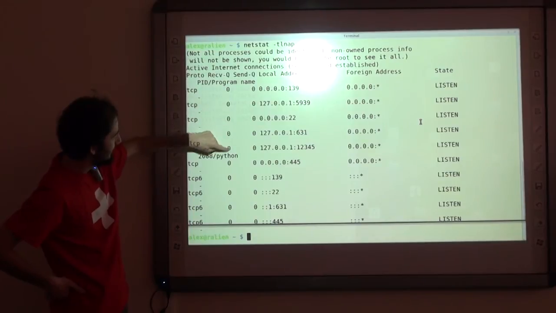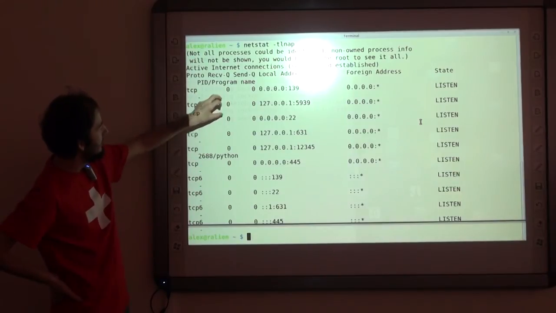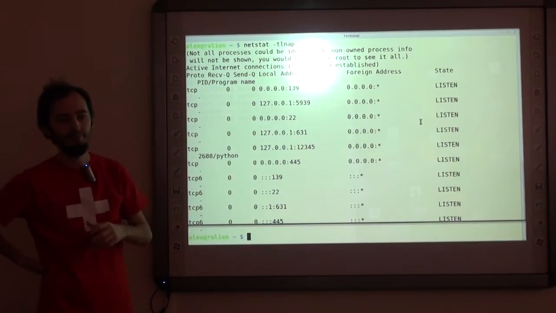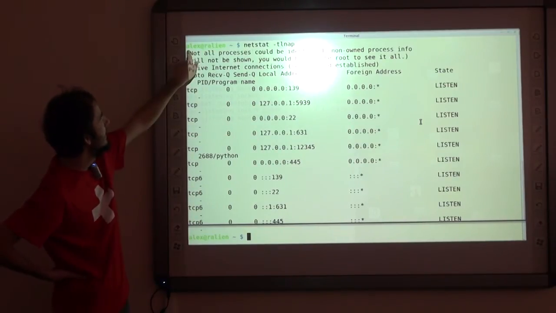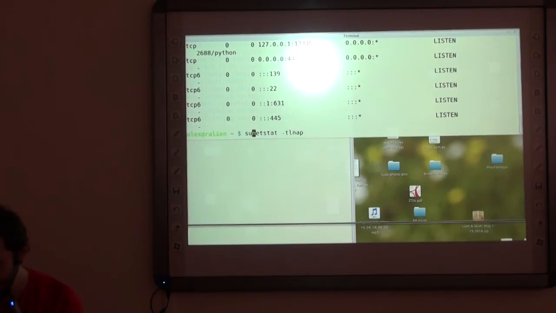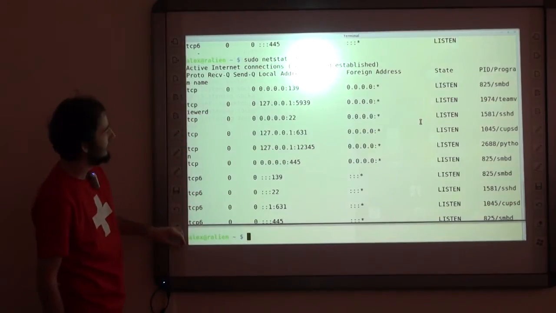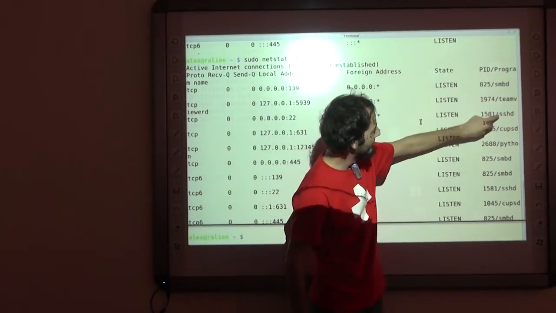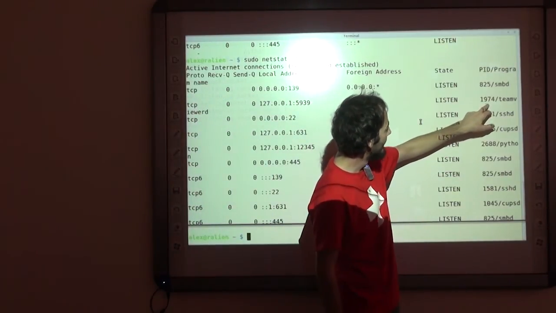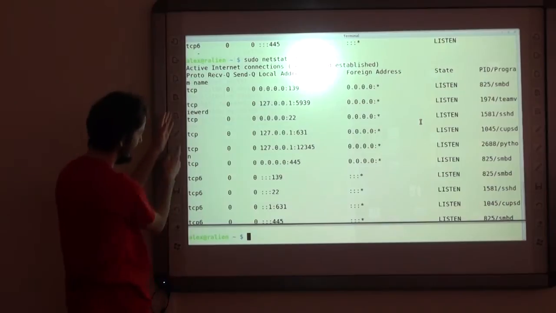These other ones are shown as 0. The process ID is not known because these listening sockets are managed by processes which were run by another user account, not by this user. So if I do that, but with a sudo in front, then it tells me what program is responsible for that listening socket. So for example, now we know that port 1974 is used by TeamViewer. It wraps around and ends here.